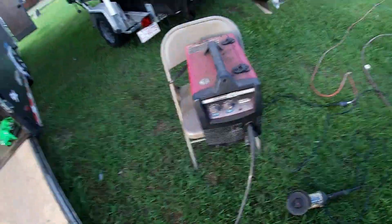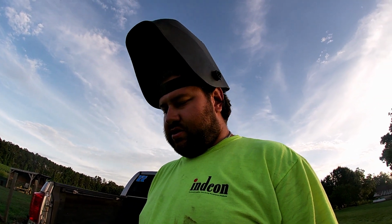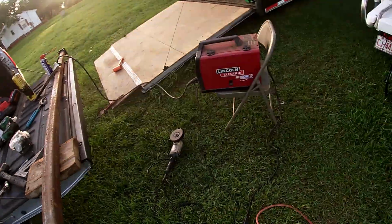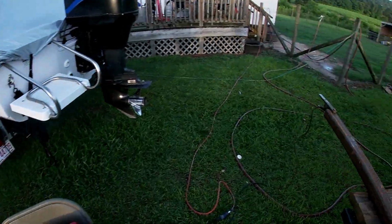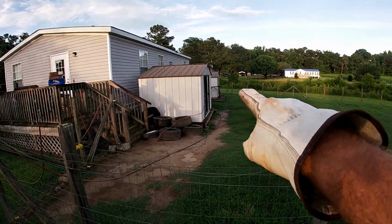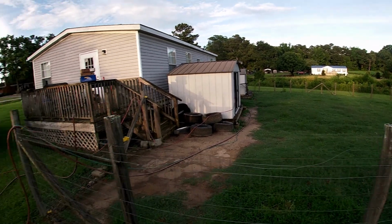Alright, so I got my old Weld Pack 125 HD Lincoln Electric. Give you a little backstory on this old unit here. I got this when I was like 13 or 14 years old. And first thing I ever built with it was that utility trailer, just full of junk you see off in the distance. But anyway, we'll be working on it in some future videos. This thing, NASCAR performance, you know that thing is gonna be fast. Matter of fact, I even built the old hot rod with that weld machine right over here in this backyard. Built that race car right in front of that second building over there on cement blocks and wood, right out there in a little flat spot. Anyway,